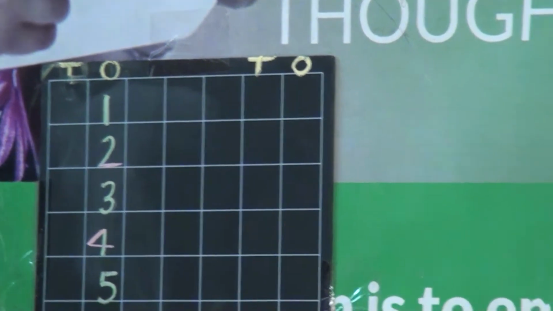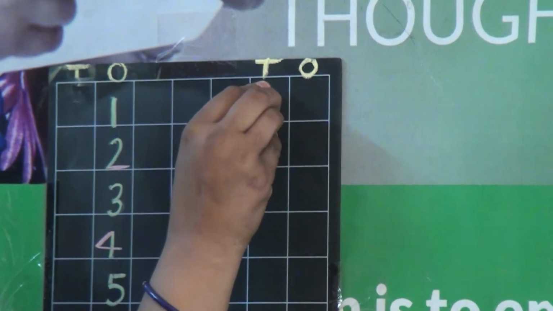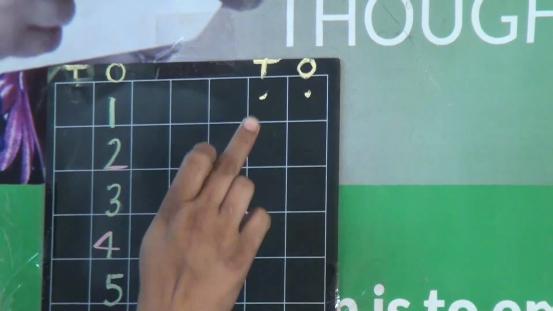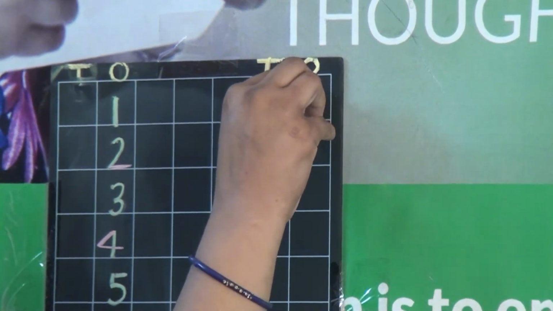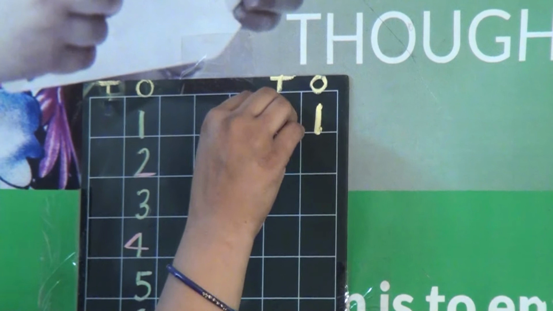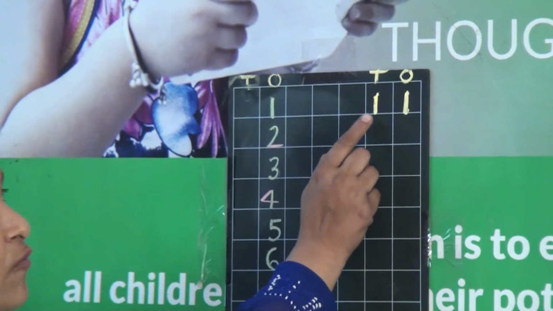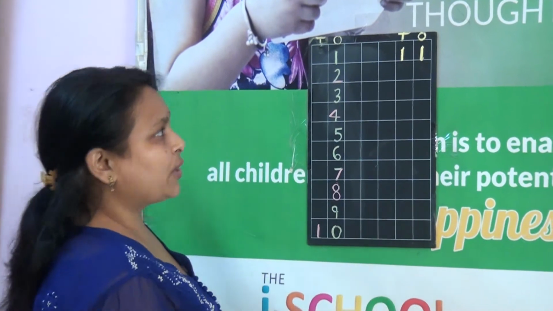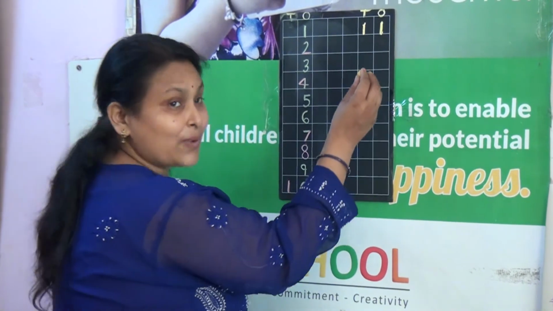How to write? Look here. We will write first, make a dot here in center position, ones position and tens position. Then we will start the ones position in 1, touch the bottom line. Then make a tens position is also 1 here. This is 11. How to read this? 1, 1, 11. Next number is, what's come after 11? Do you know? Yes, 12.